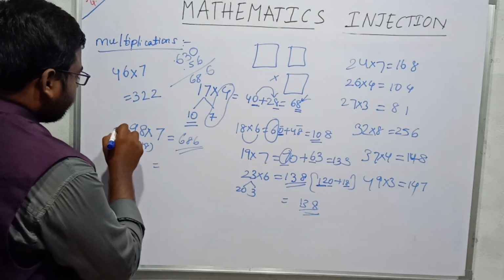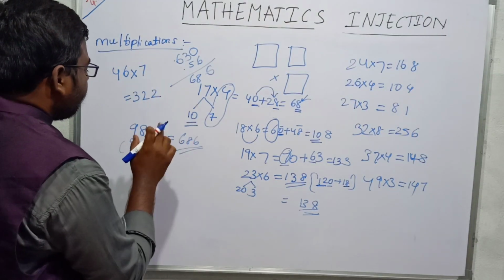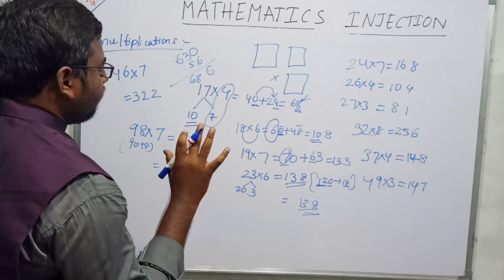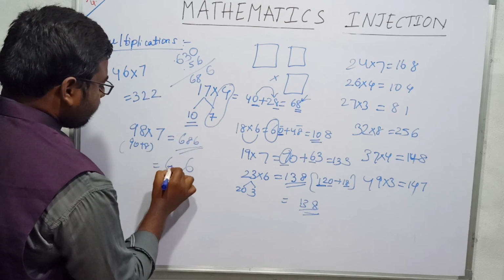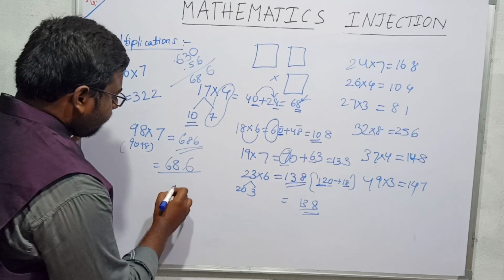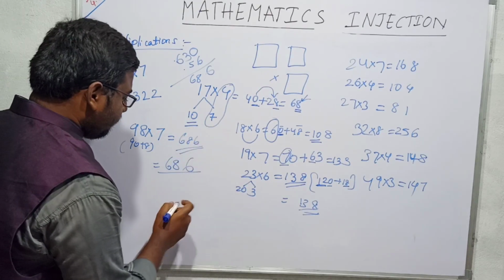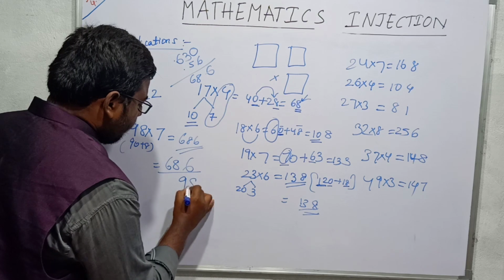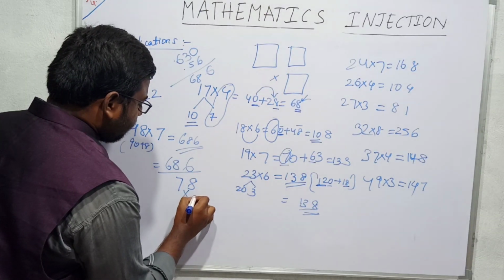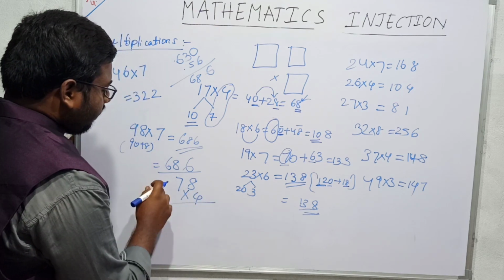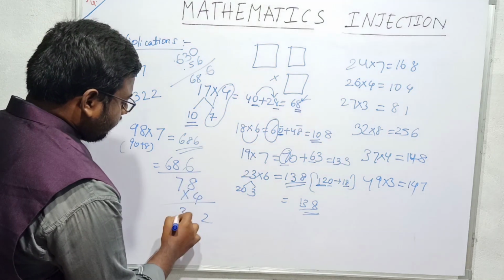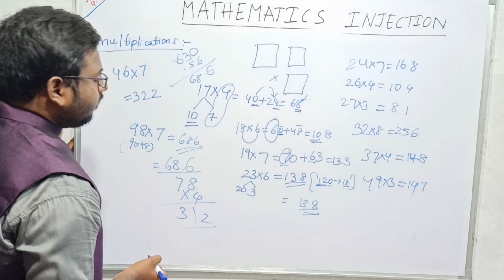So 7 9s are 63. 63 you should keep in mind. 7 8s are 56. 6 will be here and 5 will be in our hand, and 63 plus 5 is 68. 686 will be our result. Now the case of multiplying a 2-digit number with a single digit number, for example, 78 into 4. 4 8s are 32, 4 7s are 28. 2 here, 3 in 32, and 4 7s are 28. 28 plus 3 is 31, so 312.